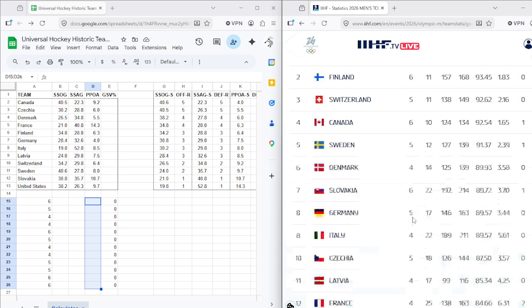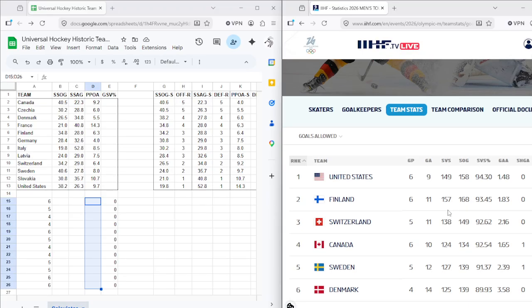Saves as percentage of total shots on goal. I guess that's what we're looking for. It's weird to see it as a percentage instead of like 0.99. Oh, because it's doing the full percentage and not just the decimal. Okay. All right, so